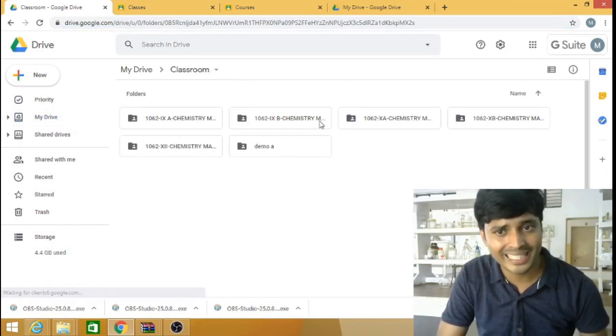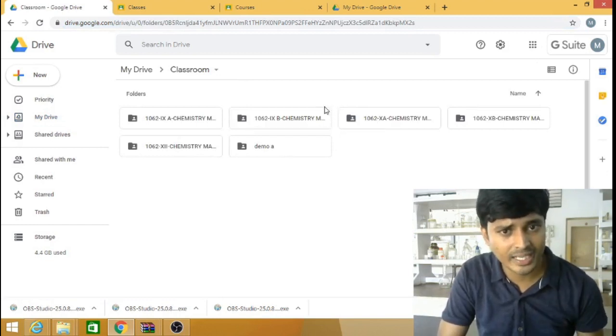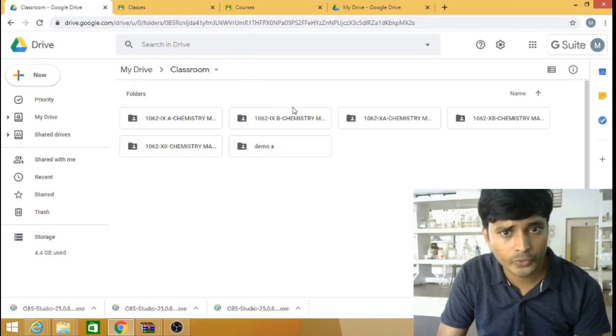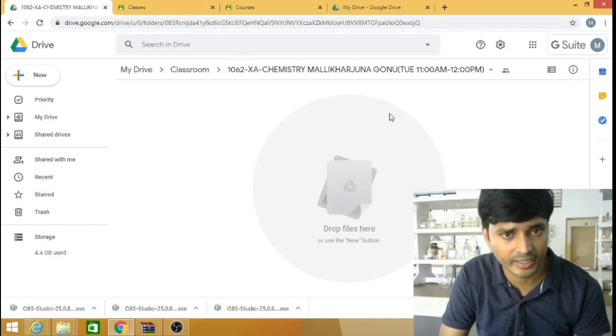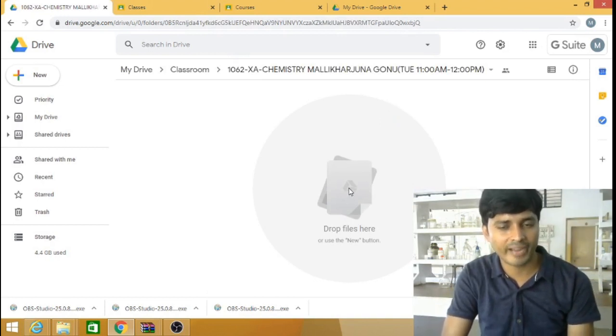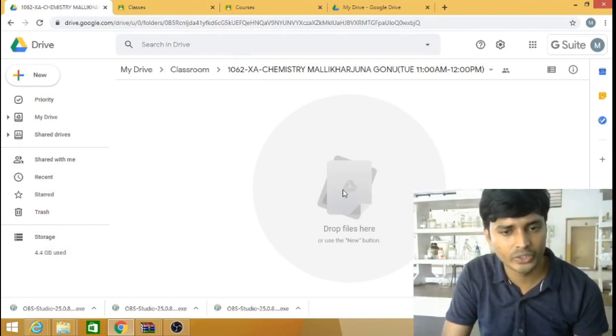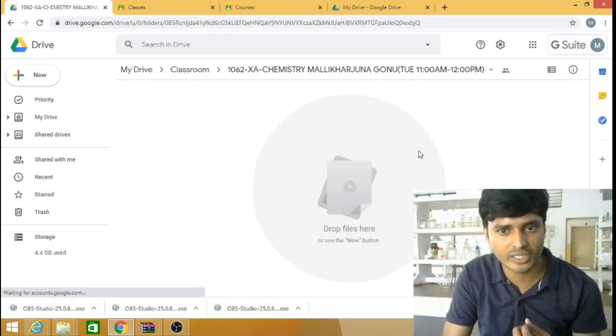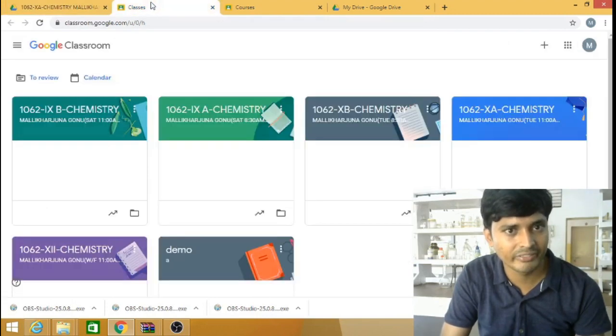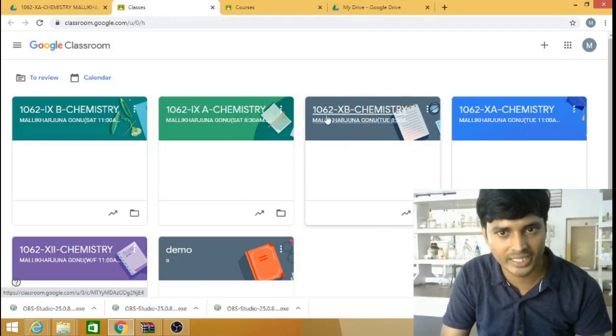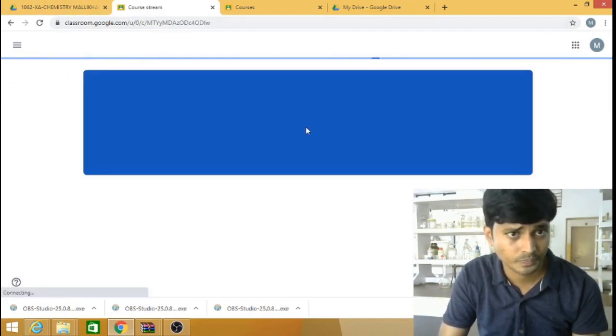Now the 10th class folders, I have to find them. Here, if I click, 10th A, 10th B chemistry, different ones are there. Now I have to upload the files I extracted on my desktop into this G Suite account, and this is the classroom which is interrelated with it. If I go to my G Suite classroom, I don't see the files here. If I go to, for example, 10th B, the 10th A I have opened, right? So 10th A.